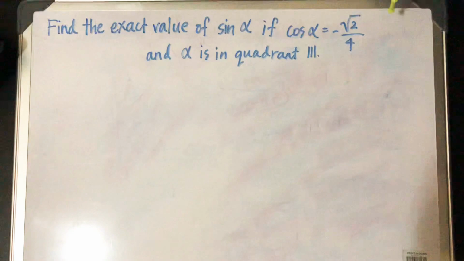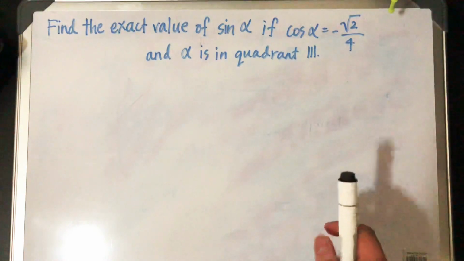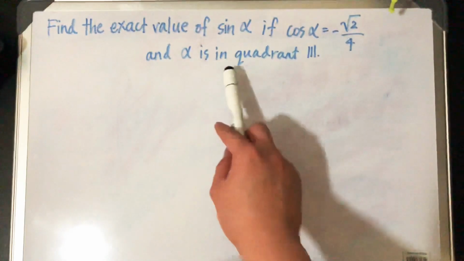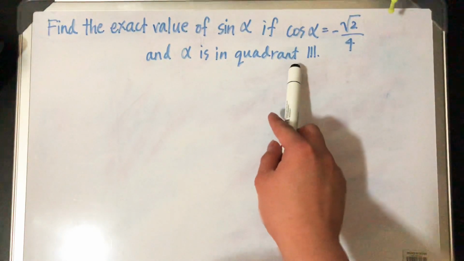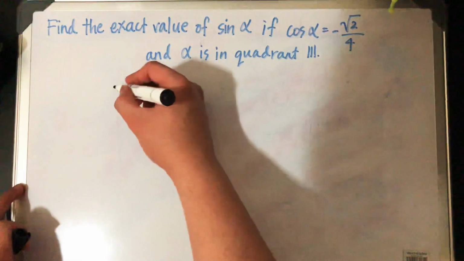So the question is, find the exact value of sine alpha if cosine alpha is equal to negative square root of 2 over 4 and alpha is in the third quadrant. So again, we take note of this phrase, alpha is in the third quadrant or quadrant 3. So if we try to plot it,